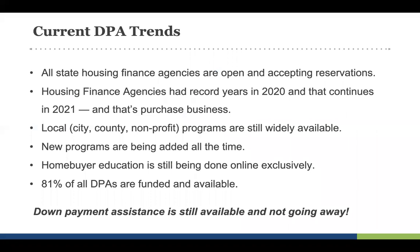Now, state of DPA, what's going on with down payment assistance? Just to be clear, down payment assistance is absolutely still available. It is not going away. In fact, there is more attention on down payment assistance and affordability now than in many, many recent years. So every state housing finance agency remained open and accepting reservations through COVID last year, year to date this year. In fact, many housing finance agencies, especially state HFAs, had record years last year,